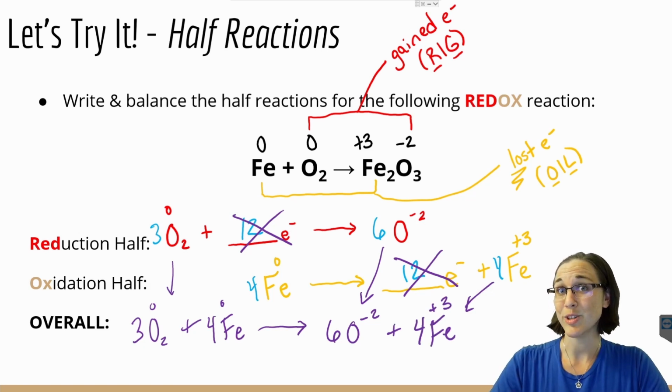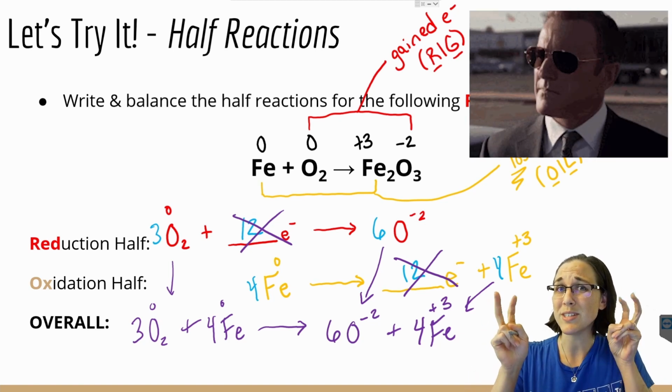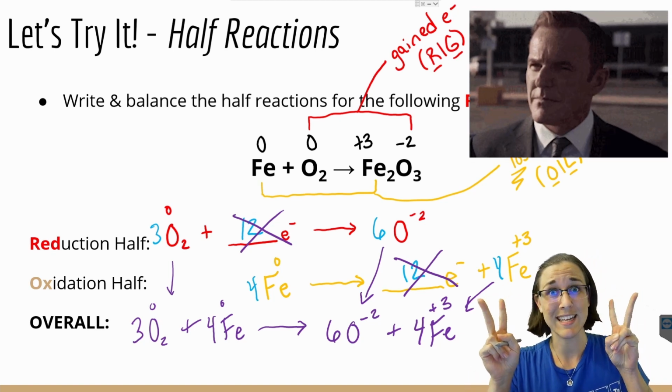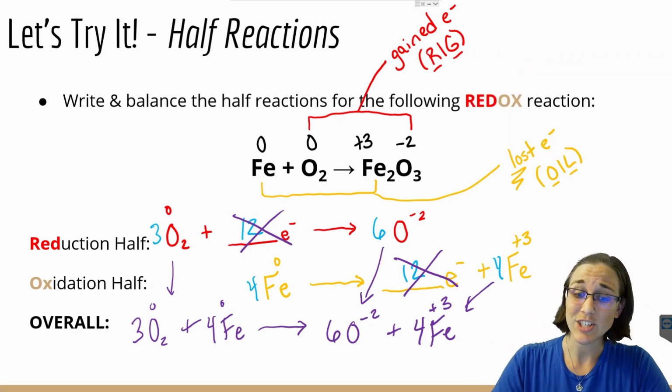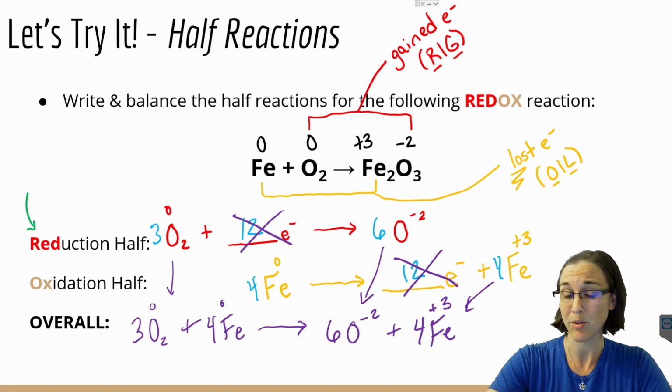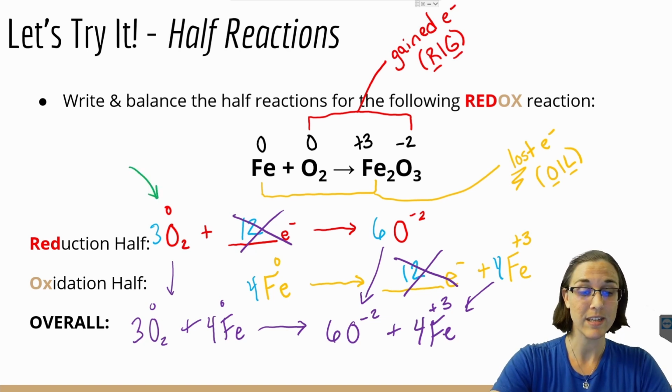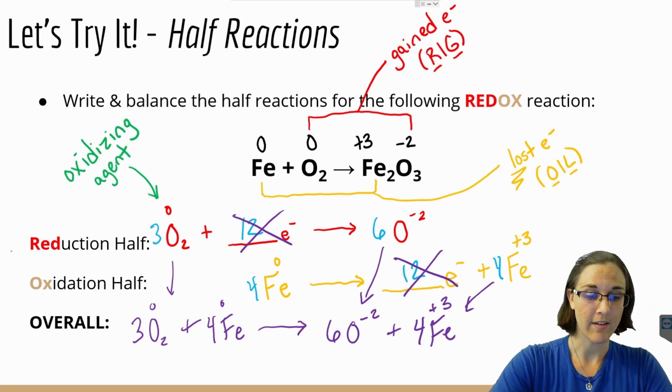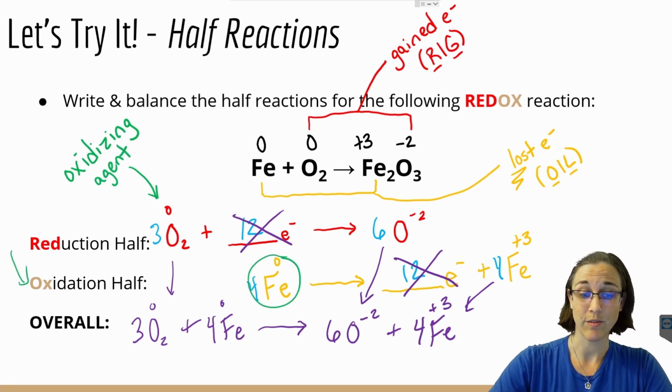One last thing that you should note about the reduction half and oxidation half of these electrochemical reactions, or redox reactions, is that we also have something called a reducing agent or an oxidizing agent. The oxidizing agent in this scenario would actually be the reduction half chemical. So the oxygen itself is the oxidizing agent, while the oxidation half chemical, the iron itself, is going to be